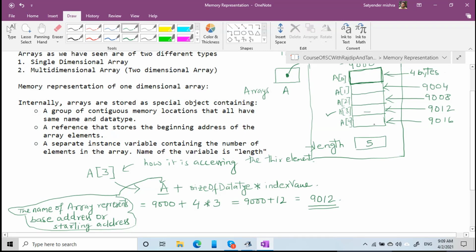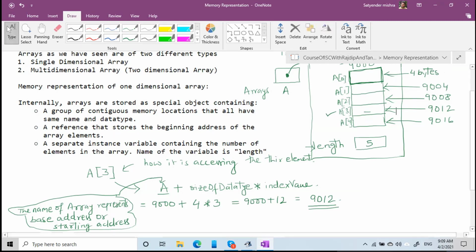And if you want to store, the base address is always the same. The base address is always the same, but the value will depend, right? The value of this address will depend upon your RAM, right? Because it depends upon the operating system, but when it is fixed for the program, it is fixed.